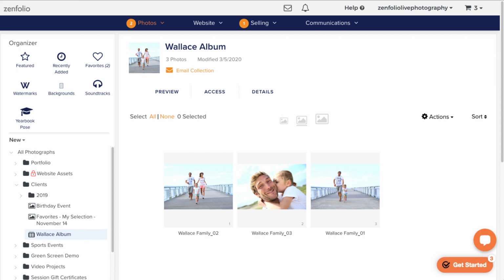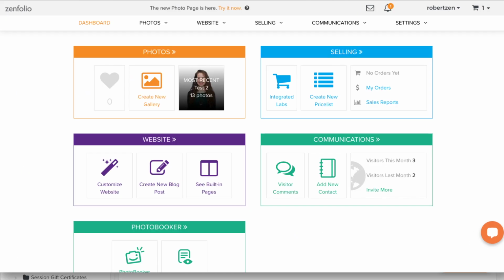Now, I'm also going to be going back and forth between the two live versions of Zenfolio. There is this version, which you probably recognize. This is the new Photos page version, which most of you probably have. And then we're going to be doing some things on this version, which is the older version of Zenfolio that some of you may still have. Some of the things are a little bit different to navigate to, so I'm going to show you when those things are different and make sure that everybody's able to get on the same page.